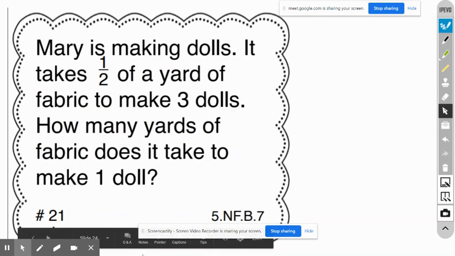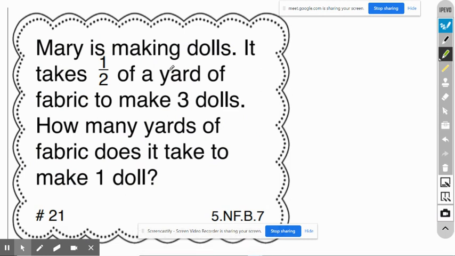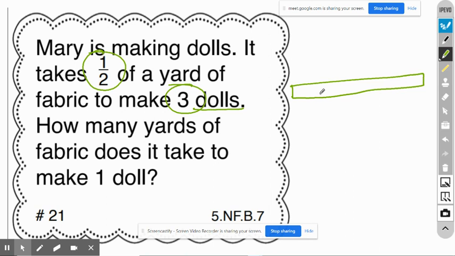Okay, let's see this one. Mary is making dolls. It takes half of a yard to make 3 dolls. I want you to draw, first of all, a whole yard. Draw a whole yard for me. Okay, I'm going to draw a whole yard here. I want you to draw that whole yard. Then the next question for you is how much of that whole yard is she using to make those dolls? Christina,